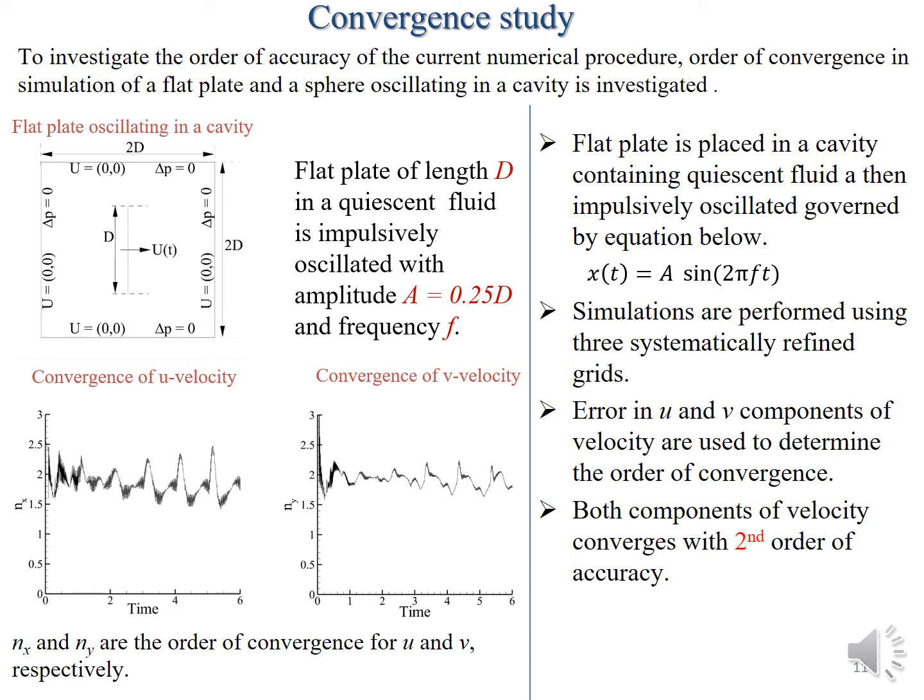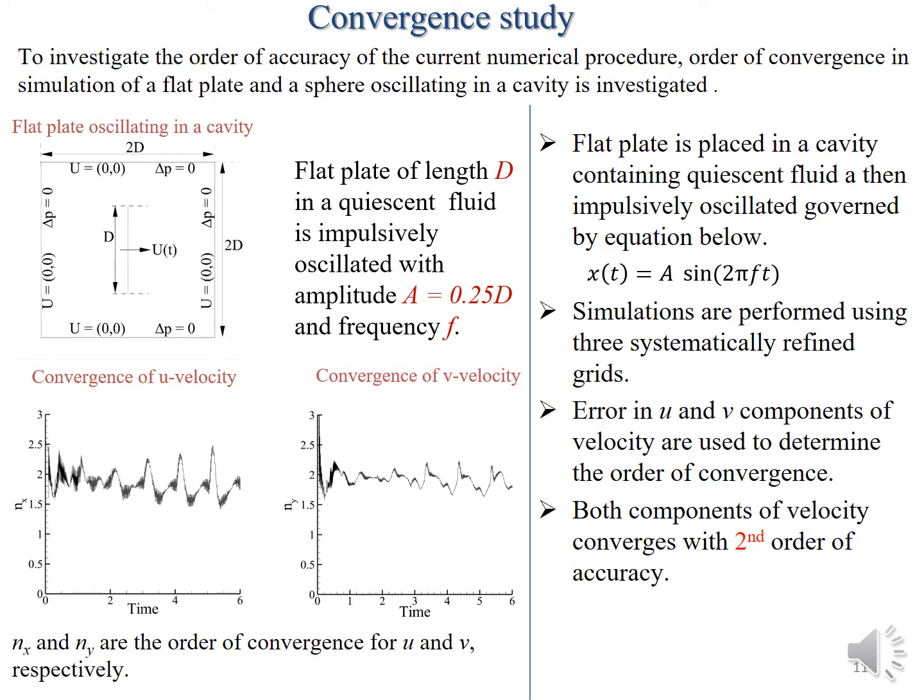Oscillate it. So we will use three meshes, and these three meshes are systematically defined, and then we are going to calculate the error in each mesh, and we are going to see how the error behaves as we refine the mesh. And after we do that, we come up with this figure, which is the order of convergence versus the